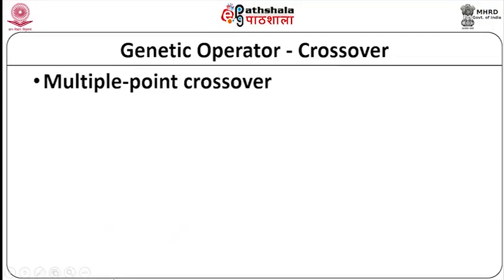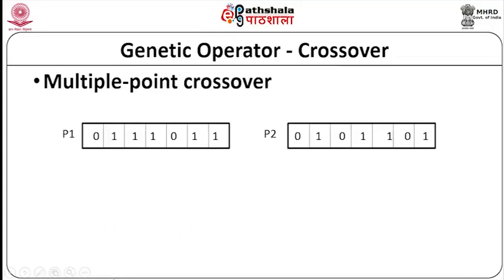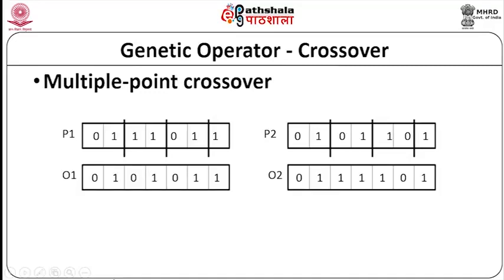Now, let us look at the next case, which is multi-point crossover. Here we have the parents, and here we have three crossover points. Again, we are assuming the crossover points are all at the same place, though that is not necessary. We have a crossover after 2 bits, after 4 bits, and after 6 bits. So, it is a 3-point crossover in both cases. How does this happen? Now, we have the two offspring. What happens is that the first part of the first offspring comes from the first parent.